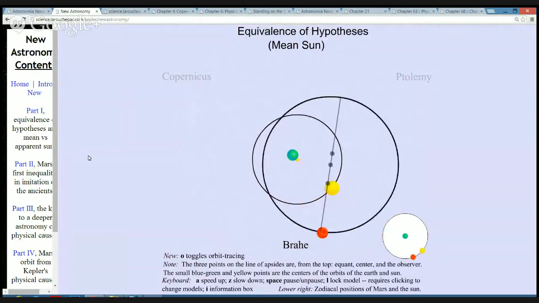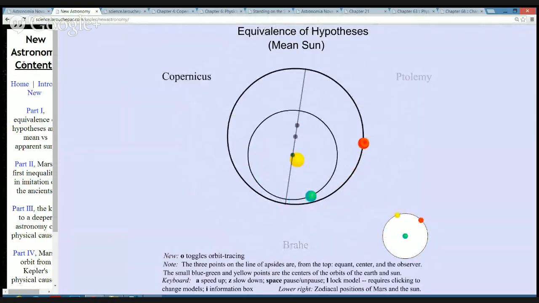Anyway, Ptolemy's got this equant that makes a planet move at different speeds, and then on top of that you have the epicycles, which explain why it goes backwards. Anyway, these three systems I showed all look very different. Kepler's first goal in part 1 of the New Astronomy is to show that they're equivalent, which he does, which we can show here by having a look at transforming between them.